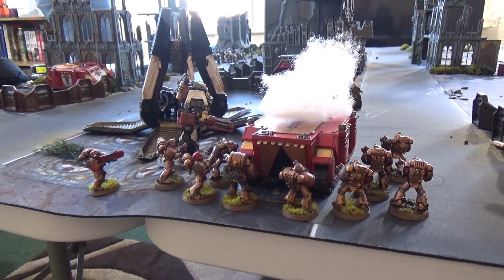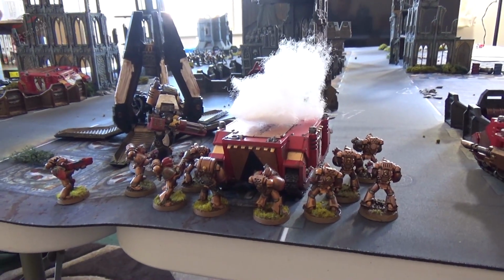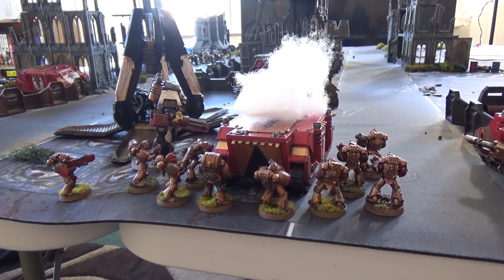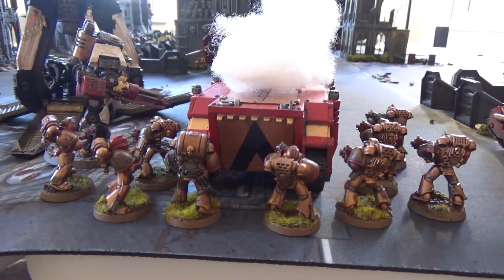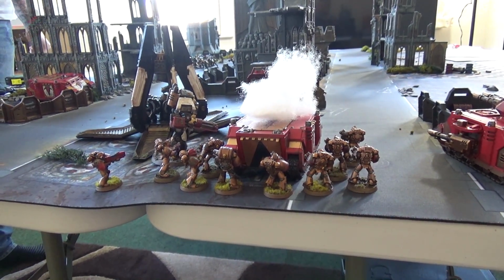So turn 1, Black Templars shooting, and over here the Contemptor did manage to pop the Dreadnought, luckily with the built-in melter gun and the power fist. Unfortunately, obviously, all the guys got out and have got a couple of good positions here. Obviously, the melter will be snapshotting, but the plasma will be shooting normally at the back. So that is all the shooting, and also that is everything I do in this